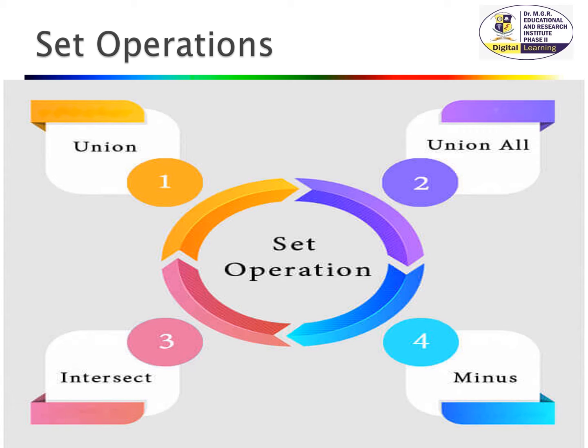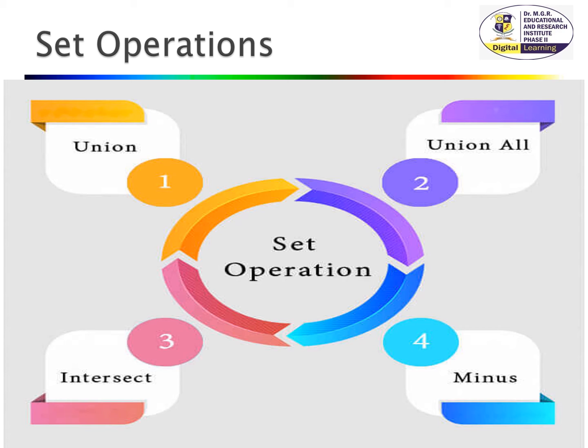The union all operation is the same as the union operation, but it returns the set without removing the duplication and sorting the data. Next one is the intersect. It is used to combine two select statements. The intersect operation returns the common rows from both the select statements. In the intersect operation also, the number and data types of columns must be the same. It has no duplicates and it arranges the data in ascending order by default.